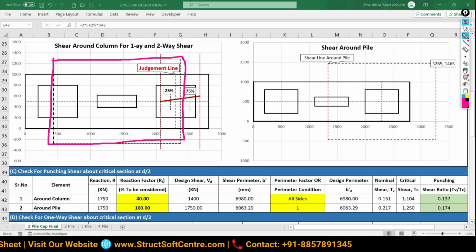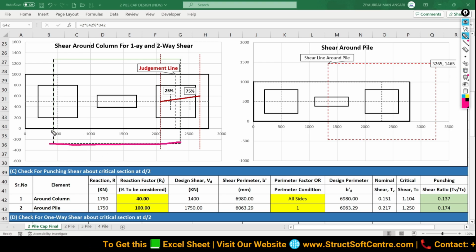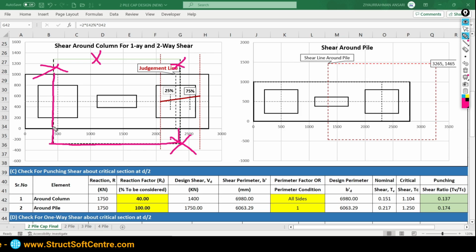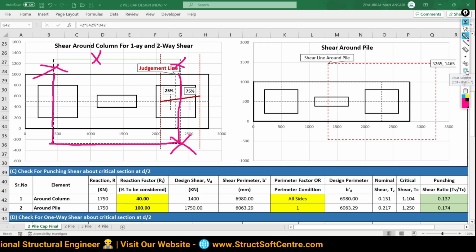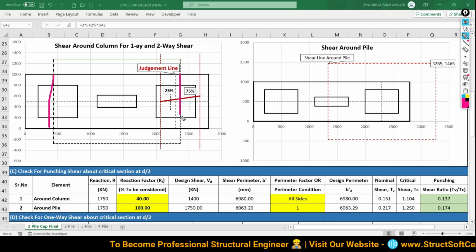But my dear friend, try to understand, this line is outside of the pile cap. This line is also outside of the pile cap. So this is not going to take part in resisting the shear. The above side is also not taking part in resisting the shear. Only the part of this shear area coming inside of the pile cap takes the role of resisting the shear. So it is only 1000. It is only 1000 going to become 2000 resisting perimeter.